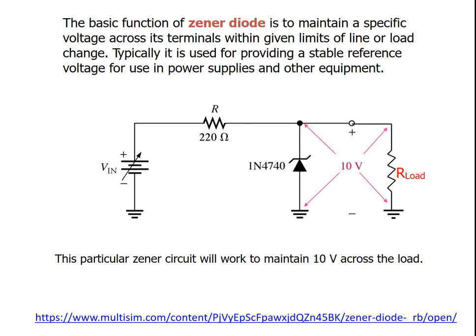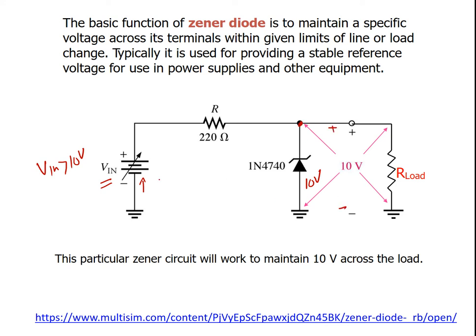The basic operation is as I explained in the last class. For example, this diode is in reverse bias mode. This is a Zener diode. If you increase the supply voltage here, let's say this Zener diode breakdown voltage is 10 volt. Once the input voltage becomes greater than 10 volt, at that time we will reach the Zener breakdown or avalanche breakdown level, and after that we will get a constant voltage drop.